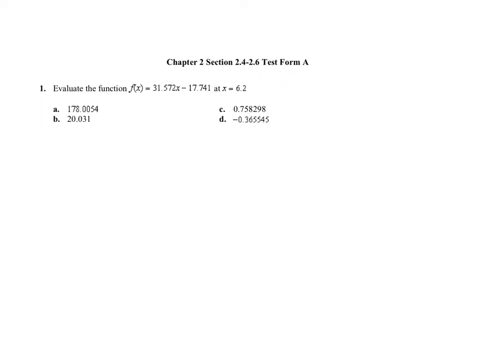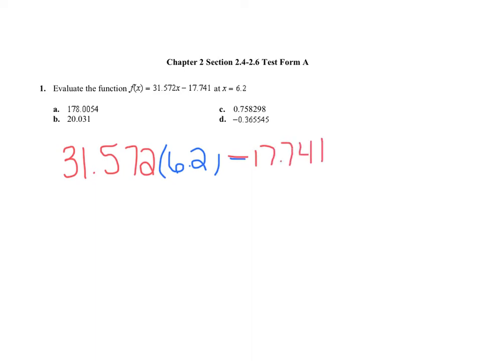All right, let's begin. Evaluate the function f of x equals 31.572 times x minus 17.741 at x equals 6.2. What we need to do with this value right here is plug it into this x, and when we do that, it's going to be multiplication. So 31.572 times 6.2, minus 17.741. And when we do that,